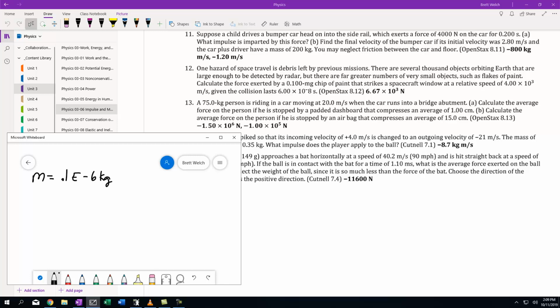Okay, so we have to get it to kilograms. That's a 6-digit move. This thing is tiny. Okay, in terms of mass, it does not have a lot of mass. It's literally just a chip of paint,